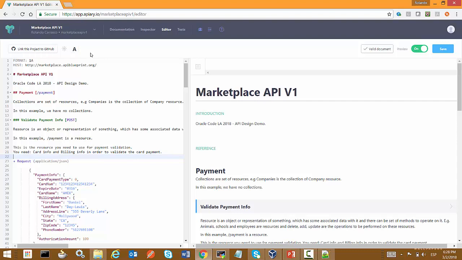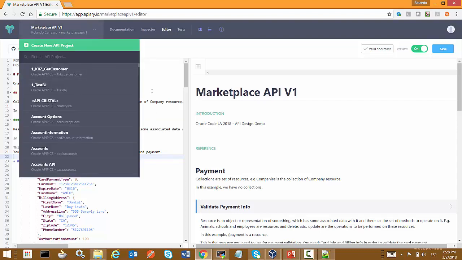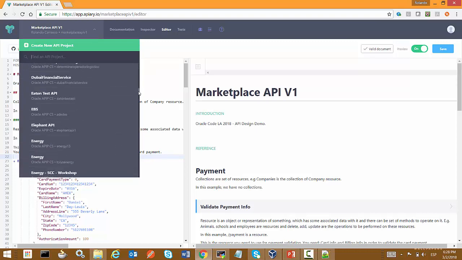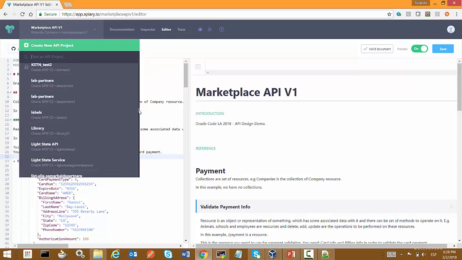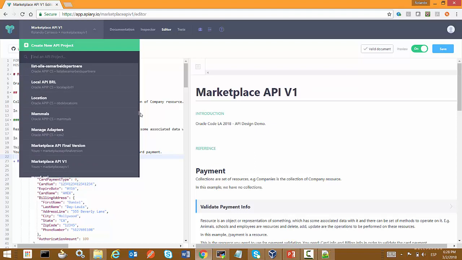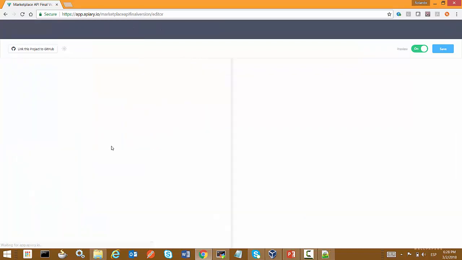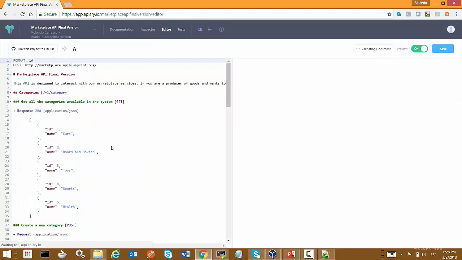Okay, so I'm going to create a new version of this API. Let me just select it right here in order to apply most of these design principles that we mentioned before.